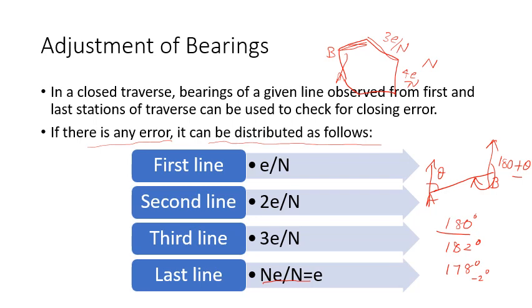Once we identify the presence of closing error, we have to make adjustments. We have to make corrections in our observations. Your observations may be either angles or bearings. If it is angles, you have to check for the geometrical shape. If it is bearings, you have to check that the difference between forebearing and back bearing is 180 degrees. Then we have learned how to distribute that error also.